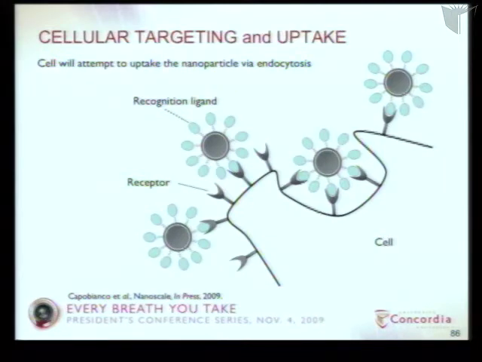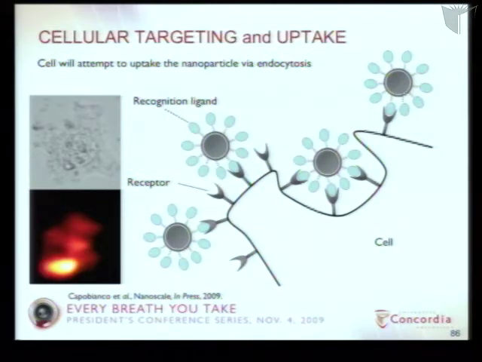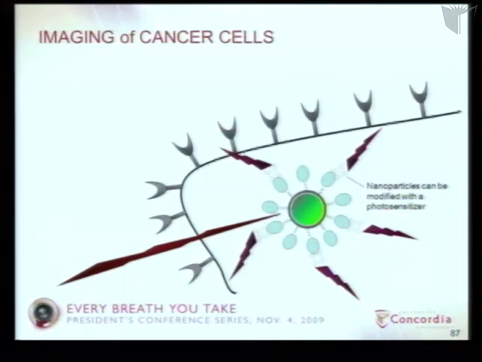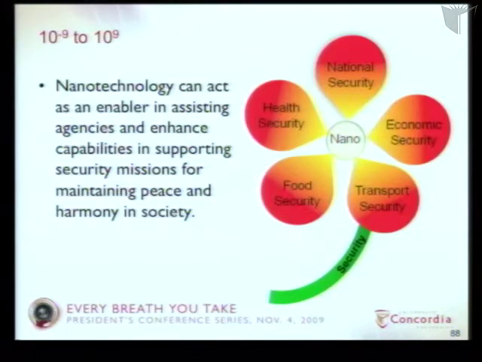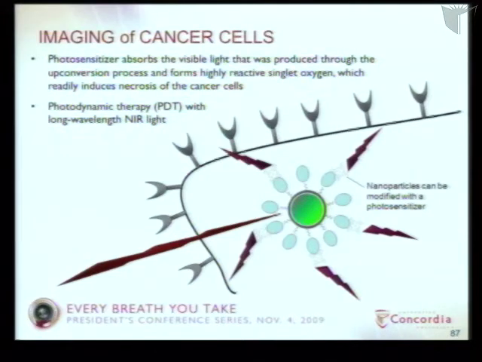That is, because cancer cells have certain receptors on them, the nanoparticle is taken into the cell, and this is what we're showing on the side, which is the cancer cells before and after we have added the nanoparticles. You can see where you can image those cells, and you also know where the nanoparticles are going. So therefore, the imaging can be done,